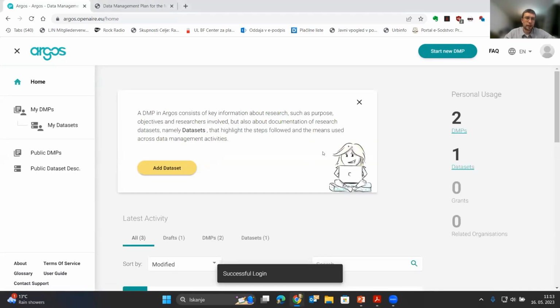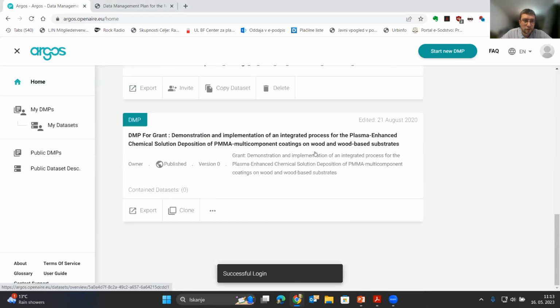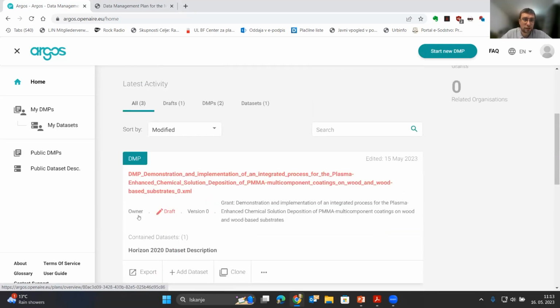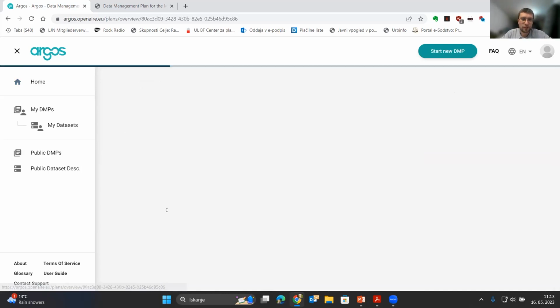All right, so here we are. My original data management plan for the project that ended in 2020 is of course finished, finalized, published, and all. But I created a copy of the data management plan so we can take a look together at how this looks in practice. If you start with a new data management plan, the platform will offer you a whole wizard that will lead you through the process and get you started very intuitively. I will skip this for the sake of the time that we have today, and we'll just go directly into